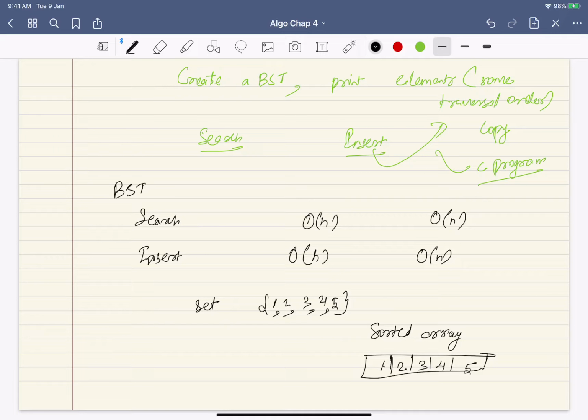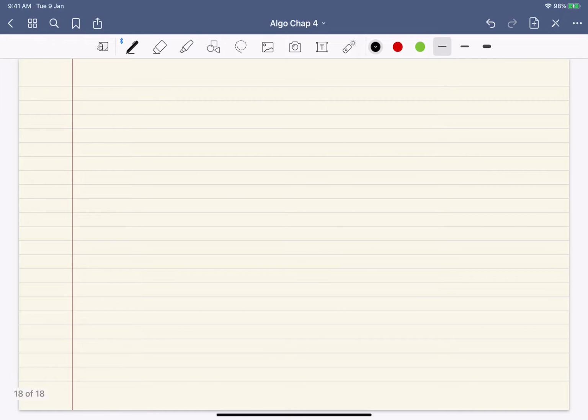But if you want to put them in a binary search tree, is there a unique order in which I can put 1, 2, 3, 4, 5? Just try, and you will see this is not unique. You can actually find out how many, but I will give you an example.